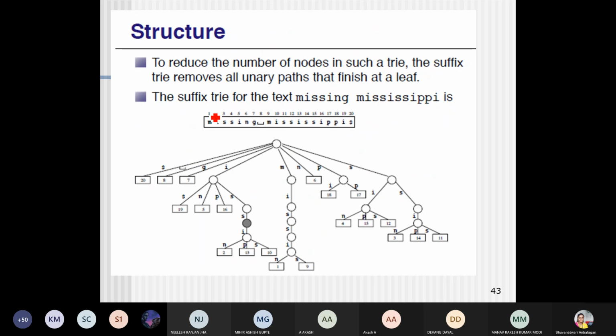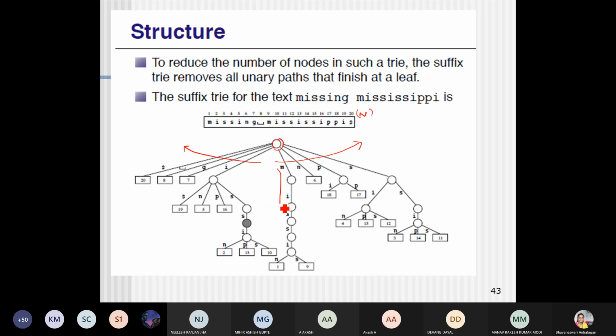Okay, you will start with 1, 2, 3, 4 up to some n values, that is the length of your data. So how you will create this as a data structure of a suffix tree is you will have a root node. You will be starting with M and OPQRS, it will go to this side. All the data which is going to be available for any other pattern will be on this left side. So there will be a root node, and you will be making this suffix tree so that the pattern can be found in a very easy way.